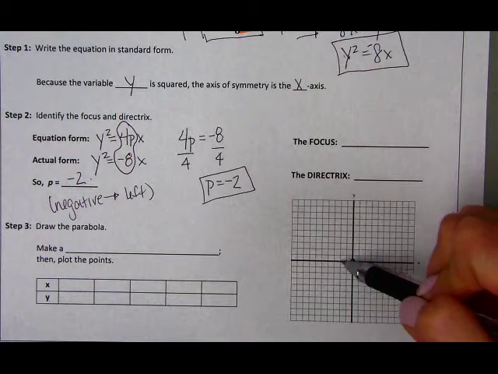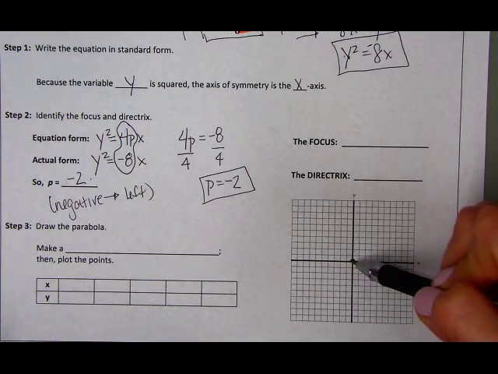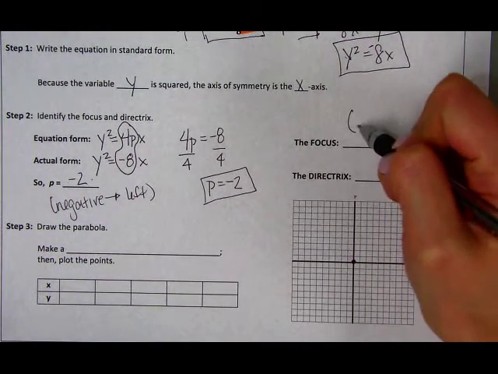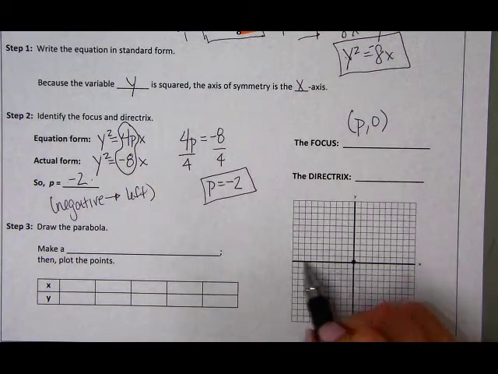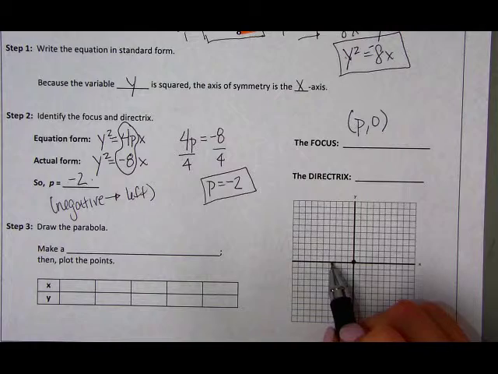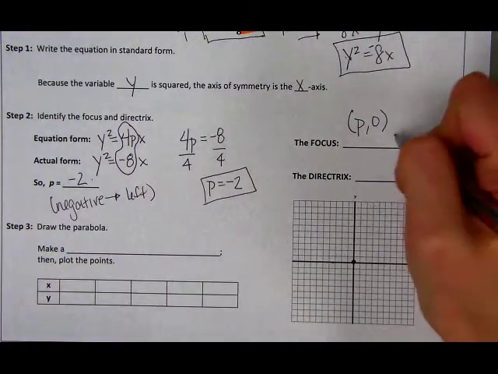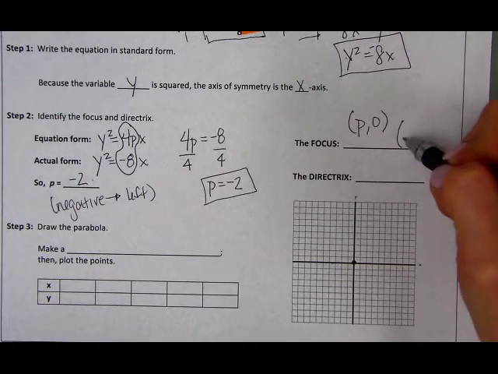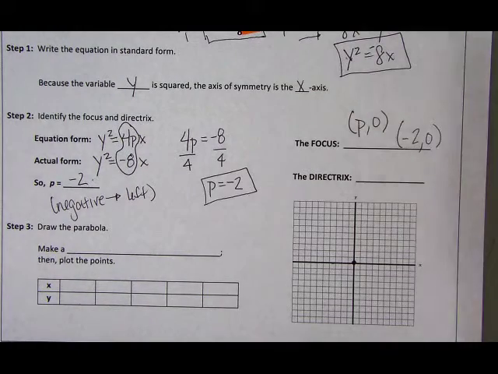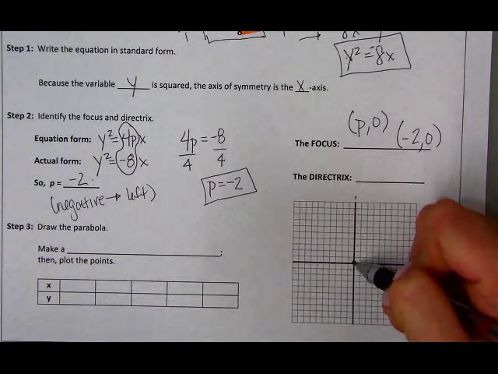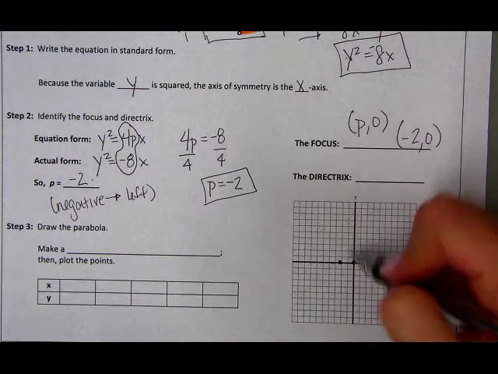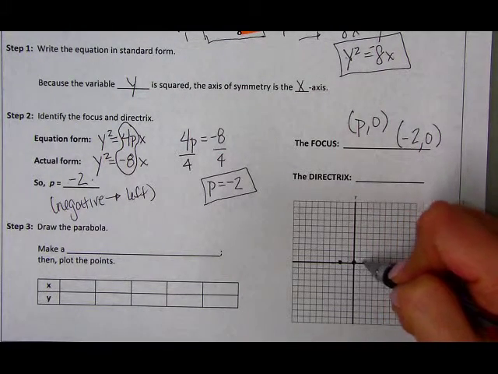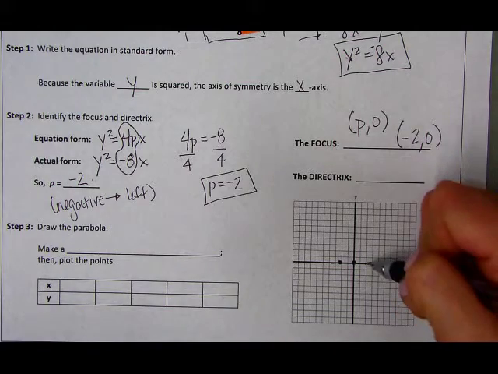So if I'm plotting points over here, then I know my focus is going to be at p, 0, because I know if I were to plot this point on the left, I have an x value but no y value. So my focus should be -2, 0. Which therefore means, if I plot that, -2, 0, which would be there, I therefore know that my directrix is going to be equidistant in the opposite direction. But it's a line, right, that's going to be